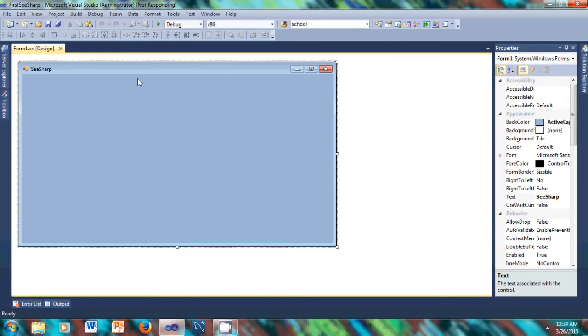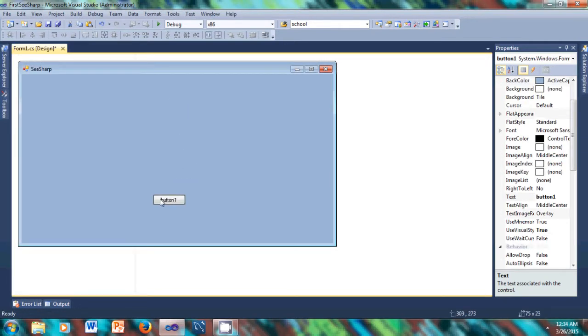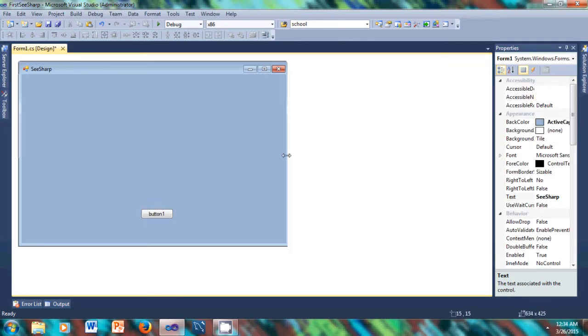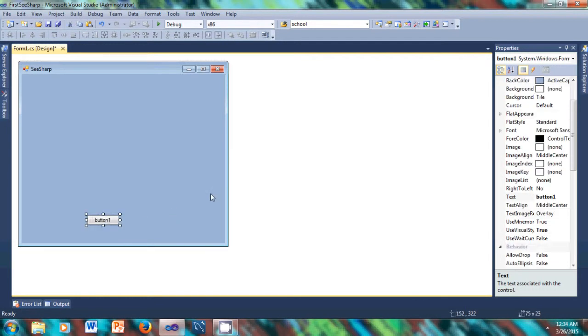So what we're going to do, we're going to take a button. Let's go to the toolbox and select a button and just put it right here, and we can make this a bit shorter because we don't need all that space. And let's change the text in the button to, let's just call it change. No, let's call it populate,